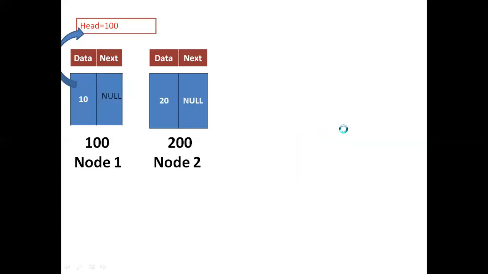Now this is the initial stage. Now check the condition. Before checking the condition, here assign temp is equal to head. Suppose our head value is 100. We are assigning 100 into temp. Now, by using a while loop, we can travel the entire list and reach the end node. There you can store our new node.